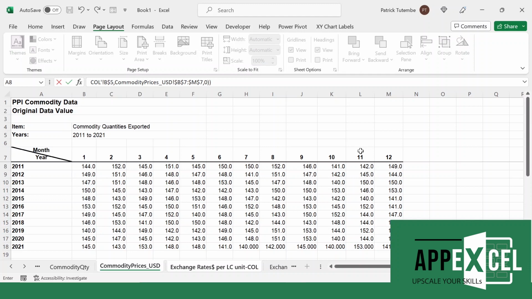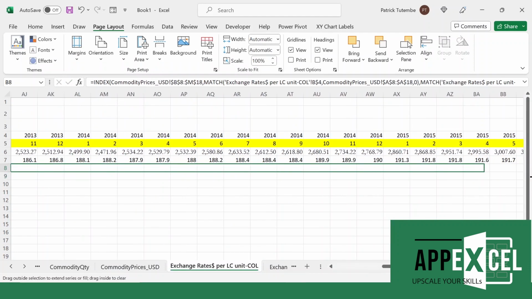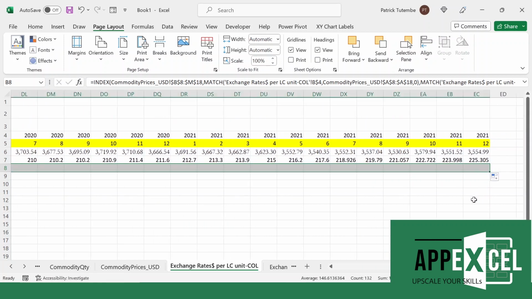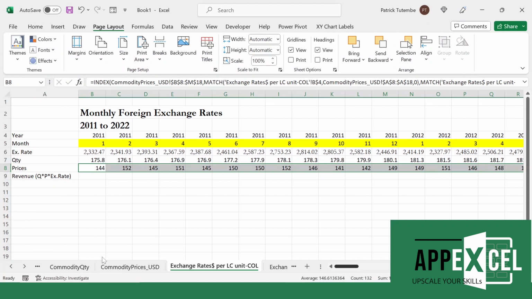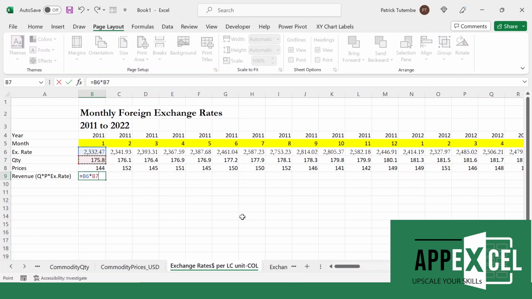So the price is 144 for the first cell. Now the revenue is equal to the exchange rate times the quantity times the price, and